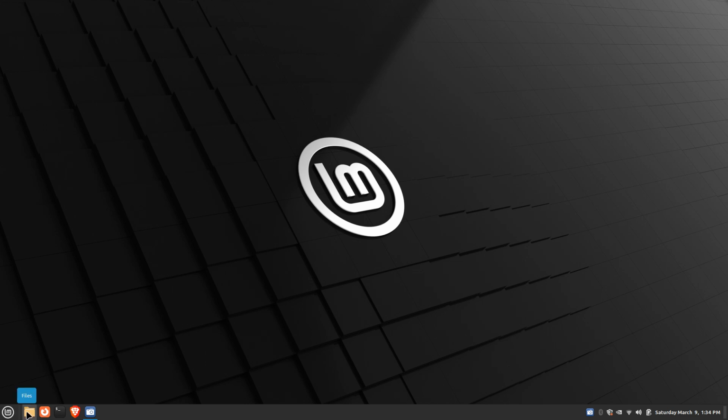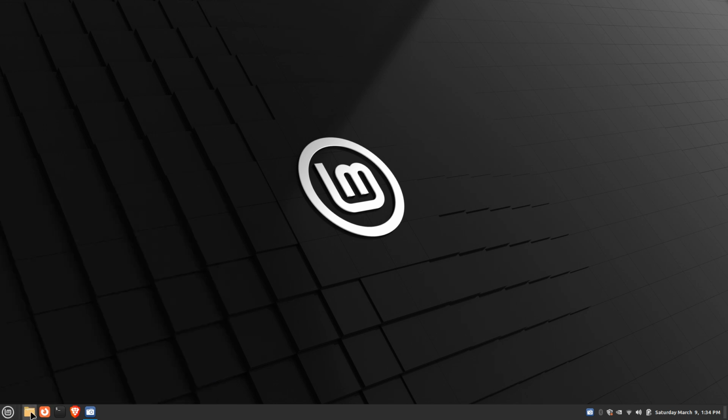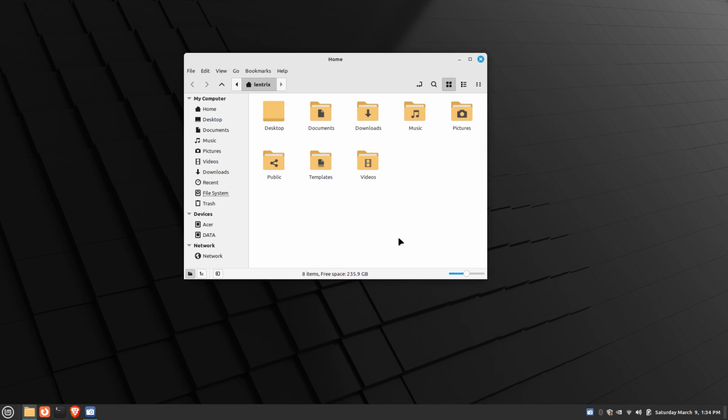For your files, it's going to be found here. There's also another shortcut in the menu, but when you open it up, usually in most Linux distributions such as this one, you'll be assigned a home folder. In my case, my home folder is called Lentrix because that's the name of my username when I installed this